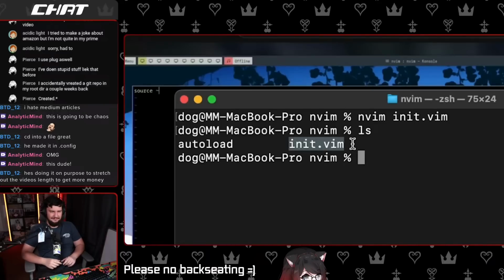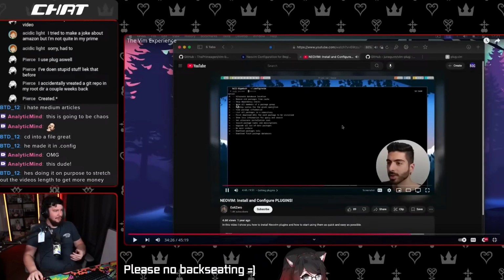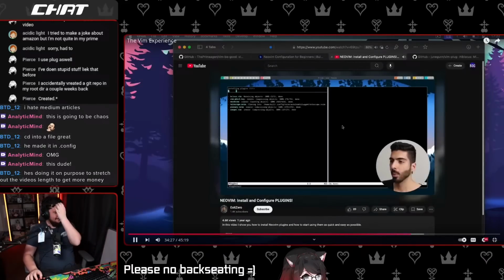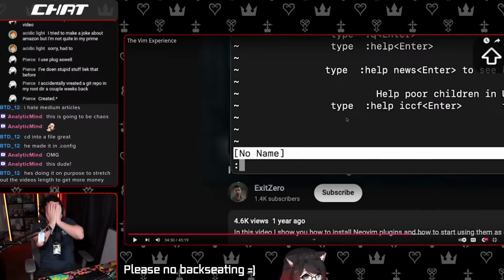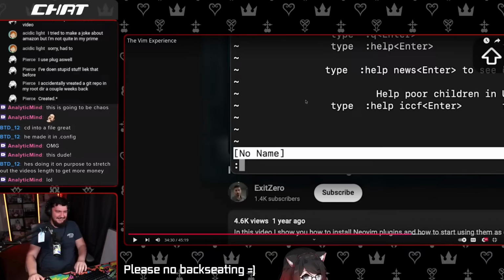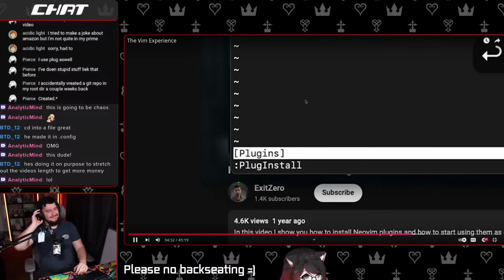Oh, the init.vim file starts as soon as vim starts. That's valuable information. Yes, because it's init for initialize. Oh, I need to first install all of the plugins with the... You would know this if you read the documentation for the program. Just read. Just read. The plug install command: already up to date.